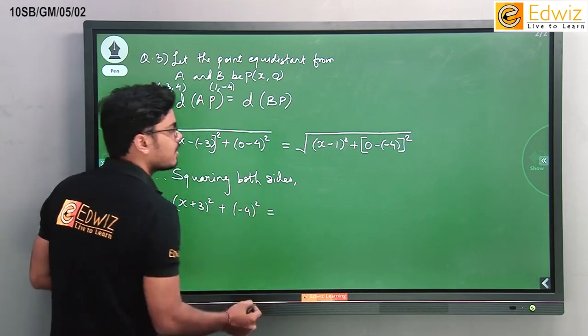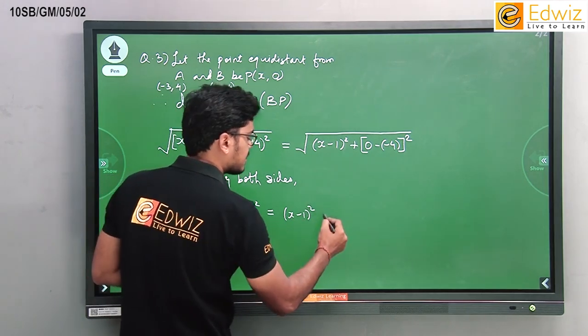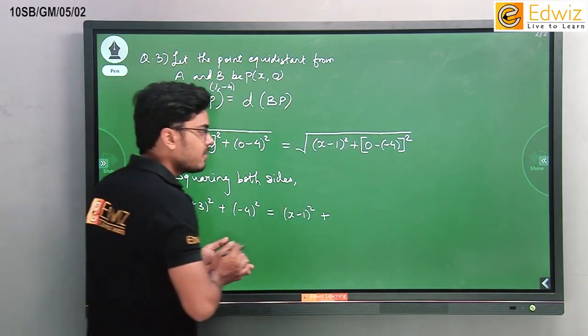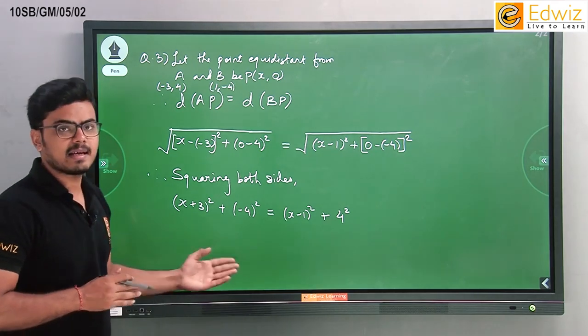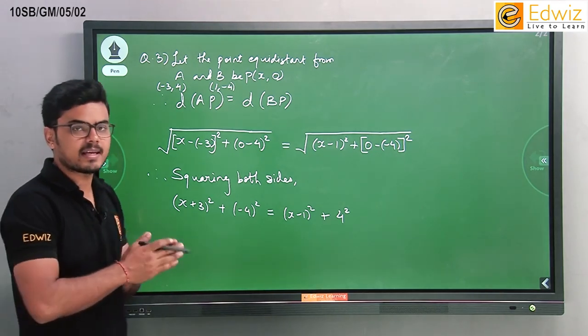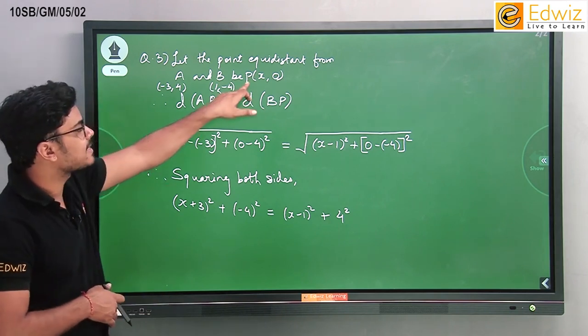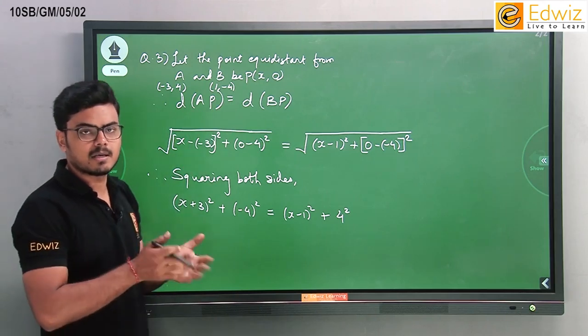Equal to, this will become x minus 1 the whole square plus 0 minus minus 4. Two negatives will become positive. So 4 square. Okay, so this is once again an equation that we are getting in terms of x. Let us try to solve the value of x. वही हम लोगों को find out करना है. x अगर मिल गया तो we get the point which is equidistant from both the other points given in the